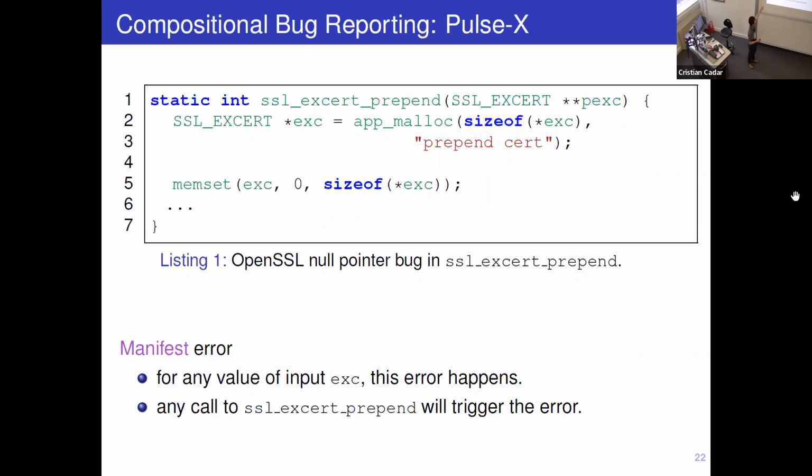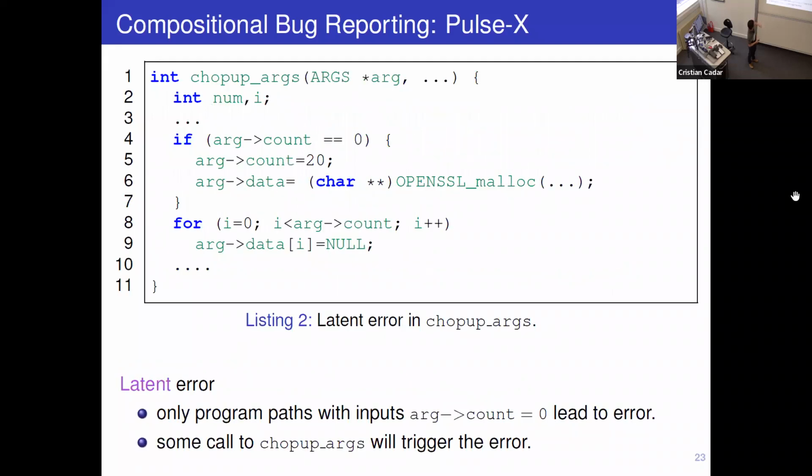So we will classify this one as the manifest error and report it to the developer. Another example here. You see that the malloc here, under the condition count equal to 0, and after that we update the content of the newly allocated memory here. So this may have a null pointer reference error there, but it only happens when the count equals 0. So we call that a latent error, and we don't report the bug to the developer, but